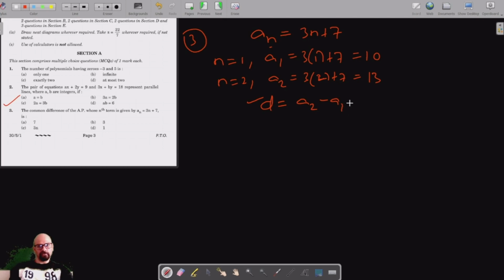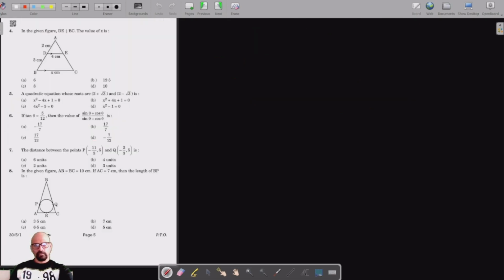And we know how to get the common difference, which is a2 minus a1, that is 13 minus 10 is equal to 3. So the common difference is 3, which is B. So the correct answer for question number 3 is B. For question number 4,